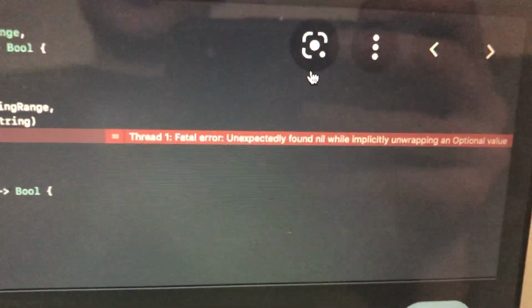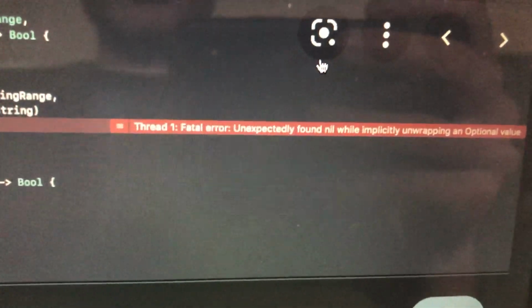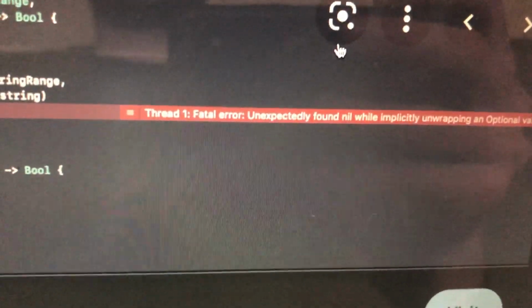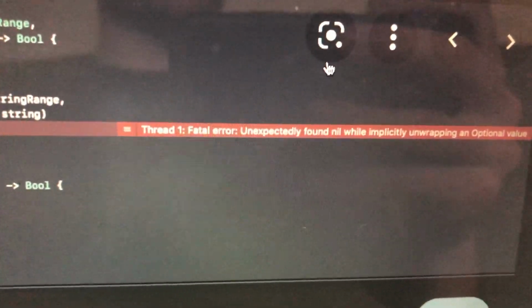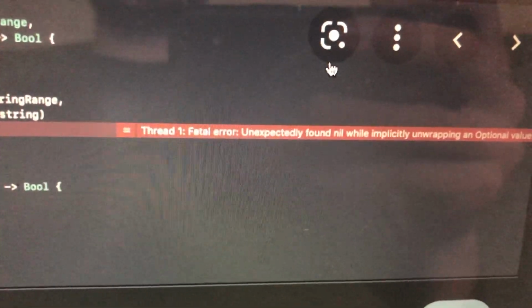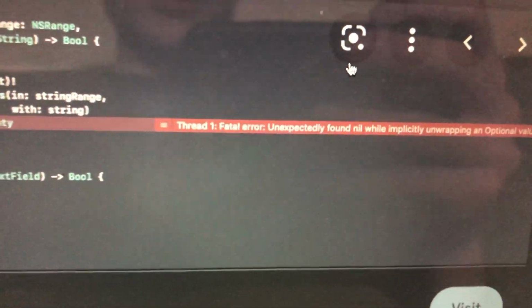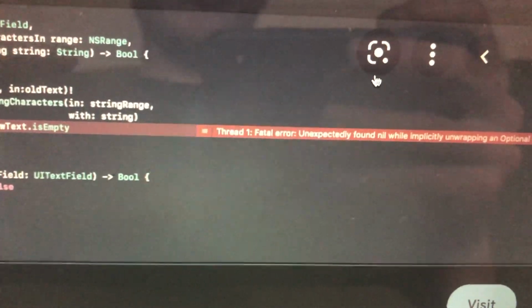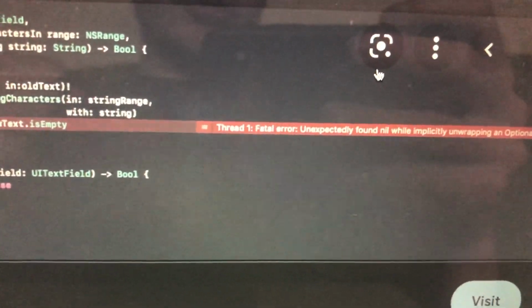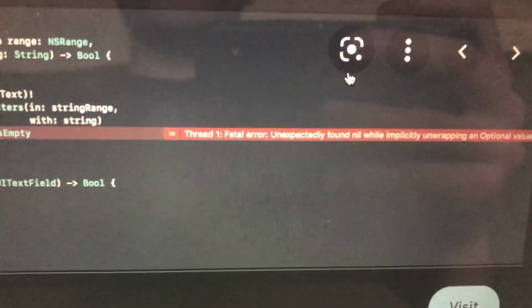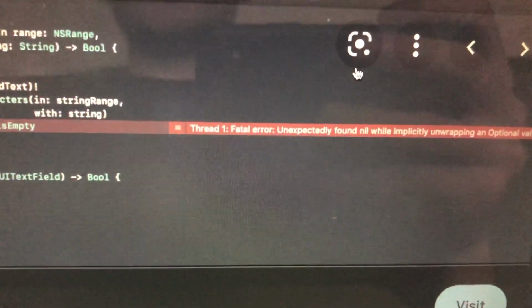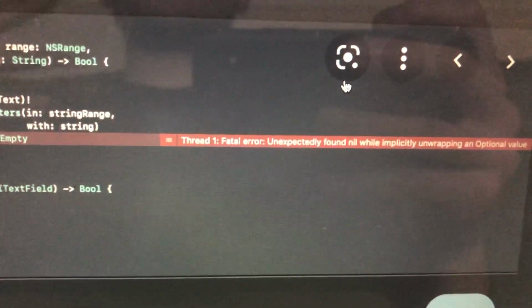And also you could see this error too, so just check your storyboard if you have this nil with some storyboard connection IBOutlet, or if you just initialize it in code, just check what value when you use it, and what value it needs to have, and what value it